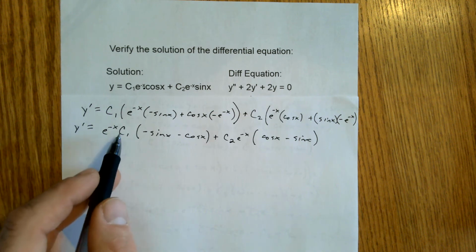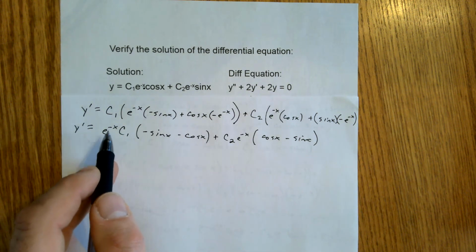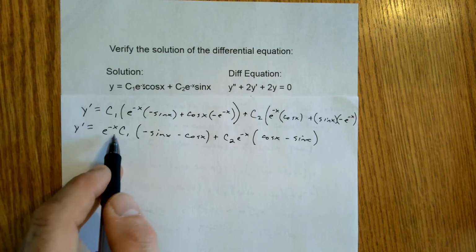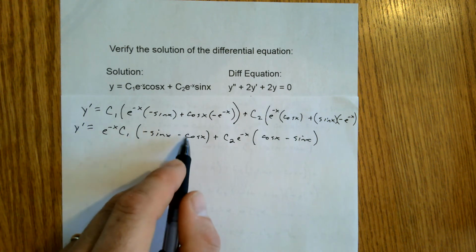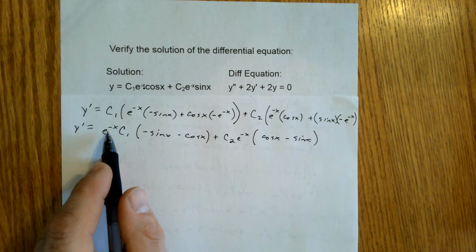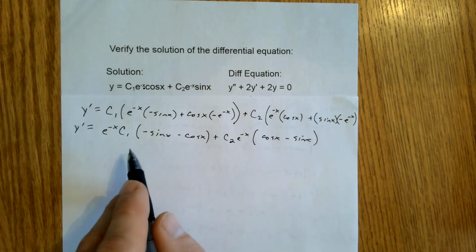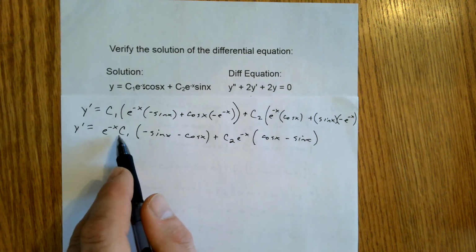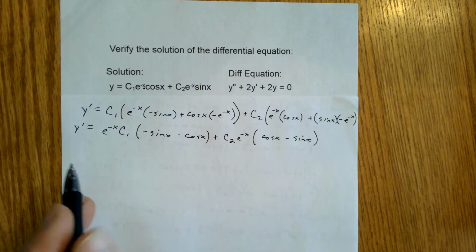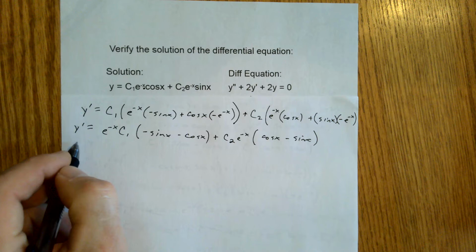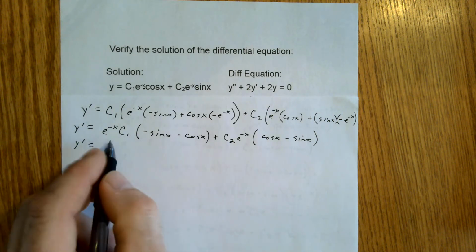Now, I can either define my second derivative to go ahead and use our product rule here, because we have e to the negative x times this, so it'll be very similar to what we had up here. Or I can pull an e to the negative x all the way out, and then I have one product rule. And as I do that, I think I'm going to go ahead and do that, pulling that e to the